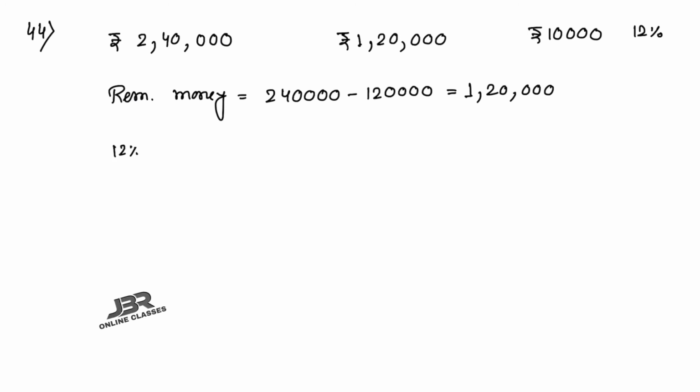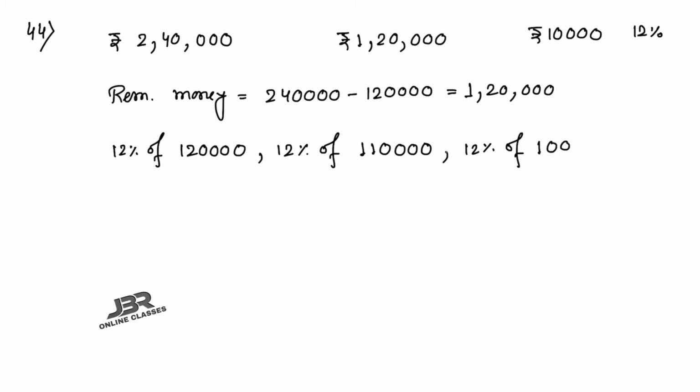So here the first one is 12% of 1,20,000. Okay, after that 12% of rupees 1,10,000, because 10,000 he has to pay each and every year as an installment. So 10,000 will be subtracted from the rest amount of money. So 1,20,000 minus 10,000, that one equal to 1,10,000. So for the next year here 12% of 1,10,000, so it will be 1 lakh now. Okay, in this way dot dot dot, the last one will be 12% of rupees 10,000. Okay, that is the last amount.